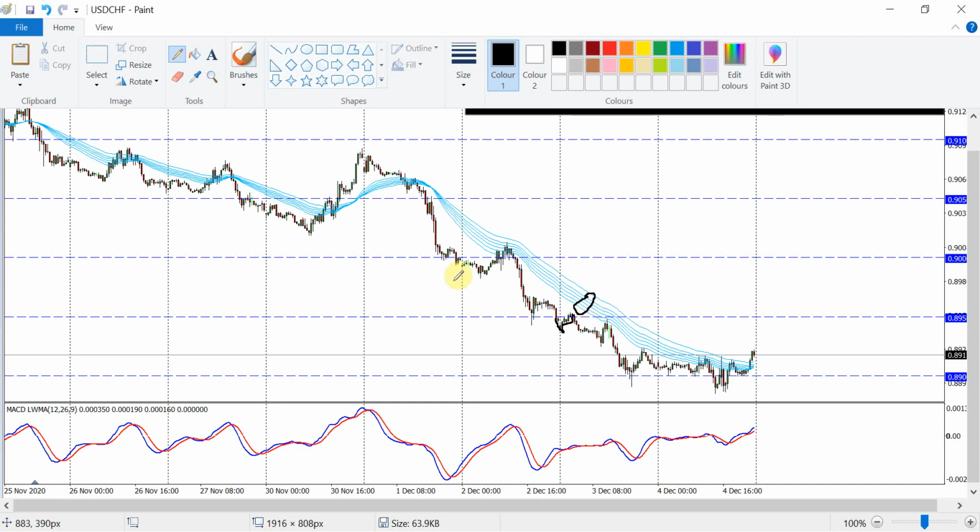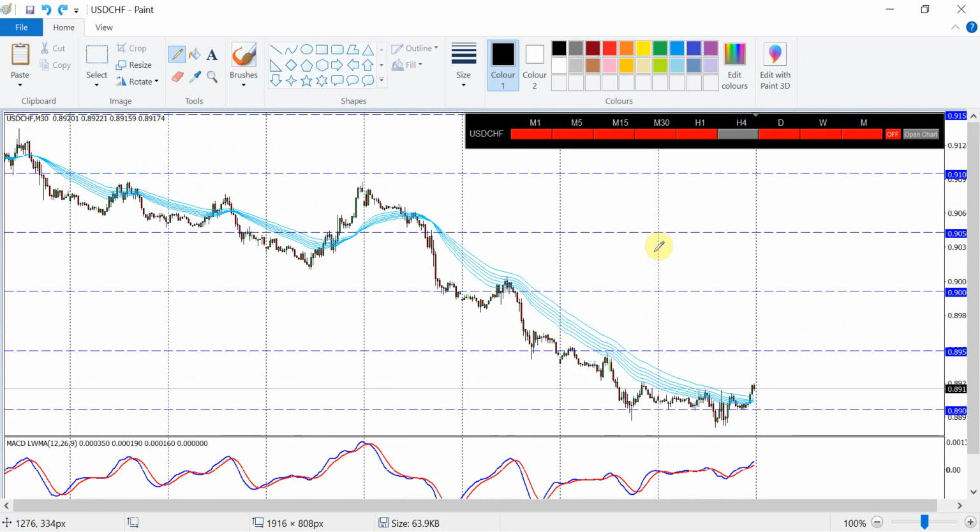The second point is that we're starting to get bullish divergence. Price is making lower lows, but the MACD is making higher highs. So again, it doesn't always happen, but there is now potential here that price could reverse over here and start going in that direction, which is not what we want. However, looking at the longer term time frame and everything else, I still want to get into this trade